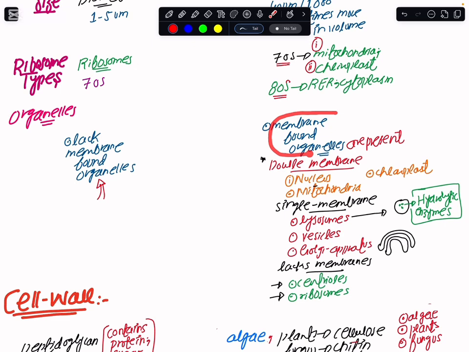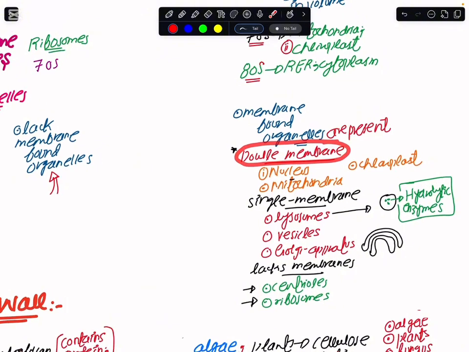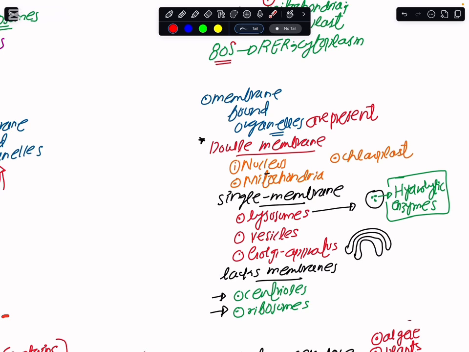Now, for the eukaryotic cells, the organelles are available within their cytoplasm and are membrane bound. By membrane bound, what we mean is that these cellular structures could be double membrane. For the double membrane organelles present in eukaryotes, we have the nucleus, the mitochondria, and the chloroplast. The eukaryotes also have some single membrane organelles, and among them we have the lysosomes. Then we have the vesicles, and the large vacuole in plant cells, which have their own unique single membrane outside of them.